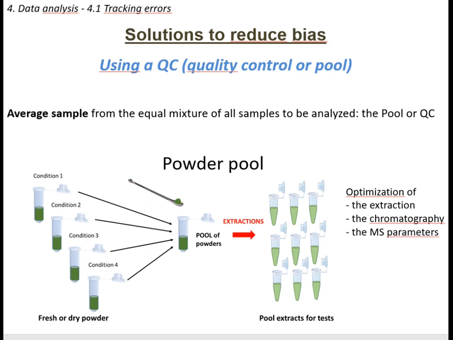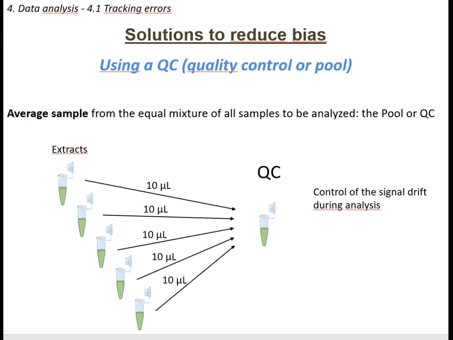Another very important thing to do is to use a QC sample, or quality control, or a pool. We can distinguish the pool and the quality control. First, the pool of a powder is very interesting, as we said, to make different extractions, to work on the chromatography and the MS parameters, to develop analytical methods. But you can also make a pool of the extract by taking the same amount of every sample of your experiment, so it's a fraction of it, of course, maybe 10 microliters over 1 milliliter. And then you will have a pool of all your extracts that you will use to control the signal drift